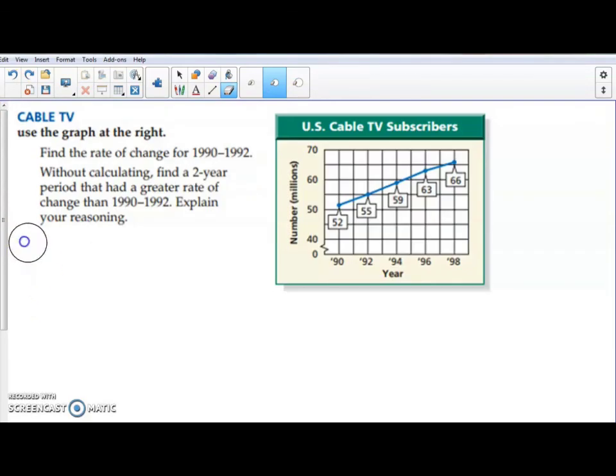All right, so for this one, we're given some more data. So it's a lot like the last one we just did, except this time we're getting a little bit of reading and a graph. So it says find the rate of change. So remember, rate of change is another name for slope. For 1990 to 1992. Without calculating, find the 2-year period, okay, so that's the first one, and this will be our second one. Without calculating, find a 2-year period that had a greater rate of change than 1990 to 1992 and explain your reasoning. So once again,